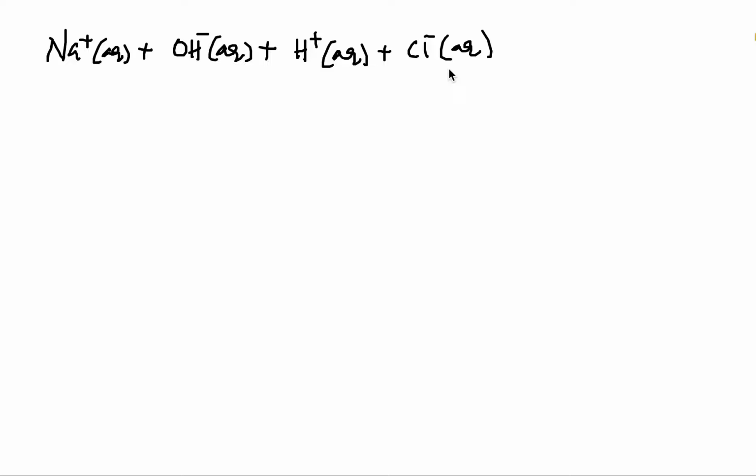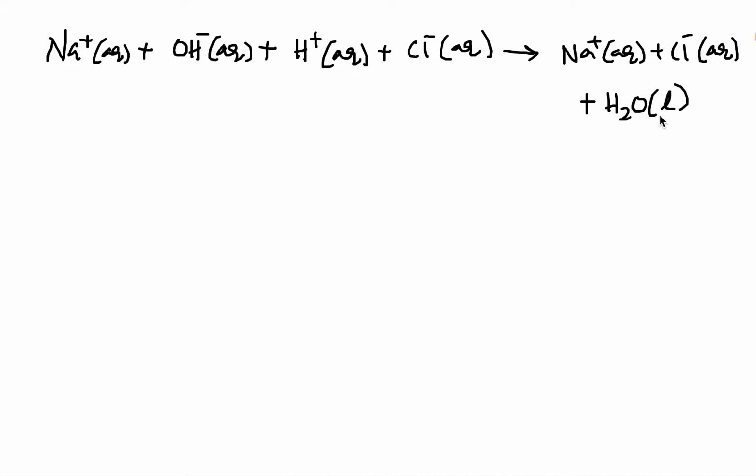After the reaction, we have Na+ ions and Cl- ions, and H+ ions and OH- ions combine, and that will give us H2O liquid. This is the total ionic equation. If we carefully consider the process, before the reaction we have a sodium ion and chloride ion, and after the reaction also sodium ion and chloride ion. So with respect to sodium and chloride ions, there is no change in the reaction. The change happened with these two species, OH- combining with H+